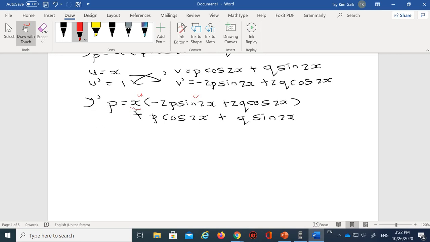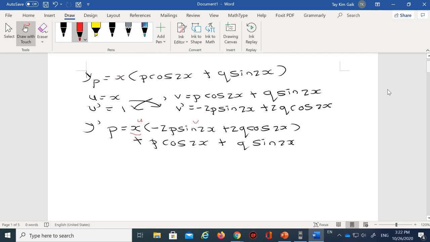So to find y double prime p, the first term you must apply the product rule again. That's why to find y double prime p, you must differentiate your y prime p. And when you apply your product rule one more time,